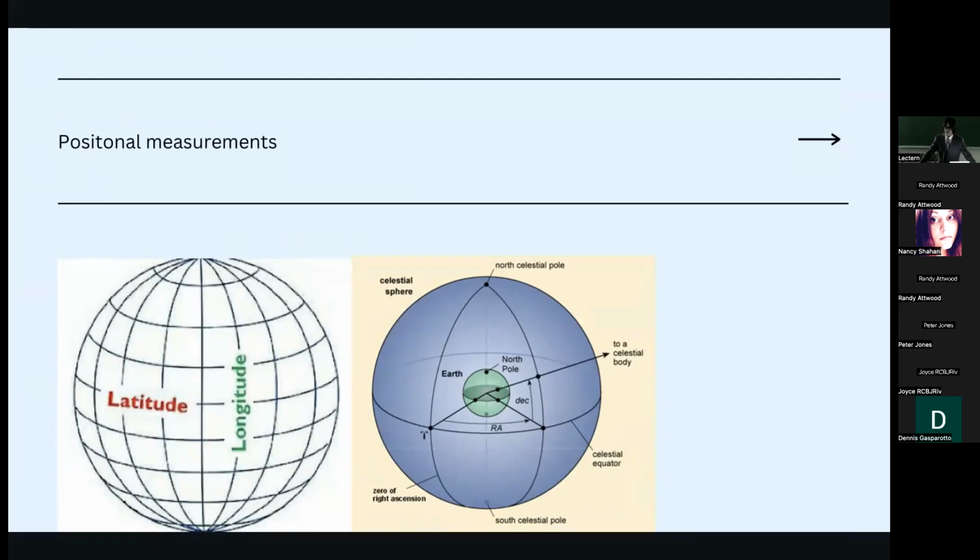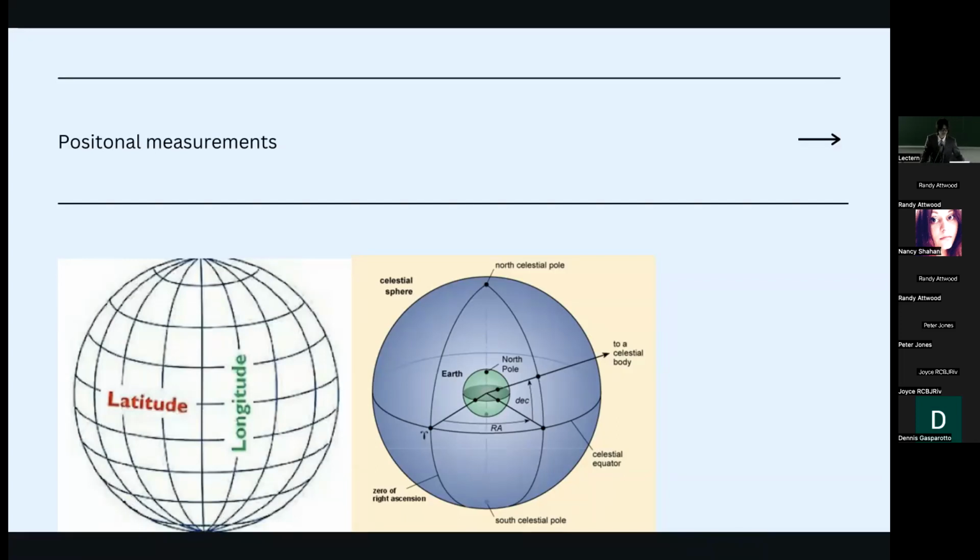So we've heard of latitude and longitude, right? I'm pretty sure most people have studied this in high school. It's basically a degree coordinate for places on Earth. And this can be directly translated to astronomy, where we have RA and DEC, where RA stands for right ascension and DEC stands for declination. Declination is the same as latitude and RA is the same as longitude. The difference being that while declination at 0 is still defined as the celestial equator, RA actually starts on one of the equinoxes, the vernal equinox, which is the start of spring.